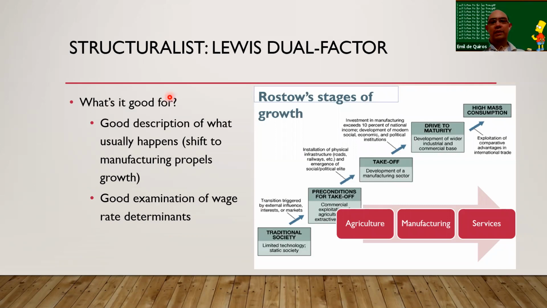So what's it good for? There's a lot of criticisms. It's good for, number one, it's really good, because again, following Rostow, it's a good description, sort of accurate in general terms. Of course, there are exceptions, nuances. It's a good description of what usually happens. As we've been talking about, if you want to advance economic growth, grow the pie bigger,